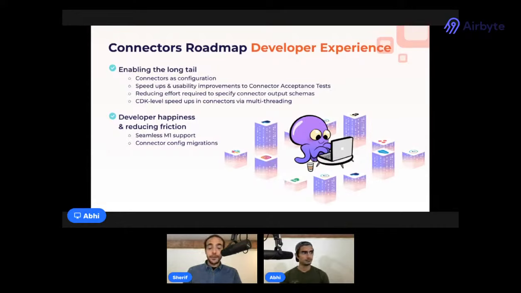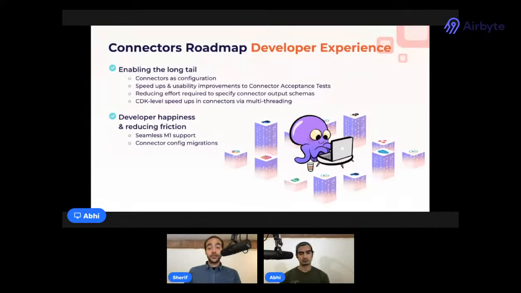Another big point of friction for developers is having to specify output schemas. While it's super important to do correctly, today it's often a very manual process that takes a lot of time and can be very error prone. So we're coming up with some tooling to make this process a lot more seamless by automatically inferring schemas from API return values, OpenAPI specs, or other sources. Another low-hanging fruit for significantly improving throughput is using multithreading to get as close as possible to API quotas without exceeding them. You can do this on a large number of APIs, so that's another thing we're going to look into enabling by default in the CDK.